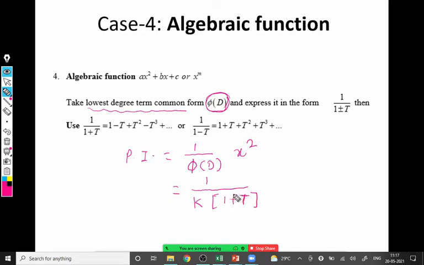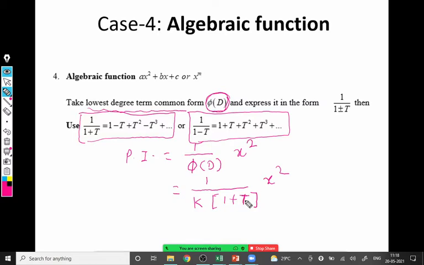So whenever it is 1 upon 1 plus t, we have to use this formula. And whenever there is 1 minus t, we have to use this formula. These are actually Maclaurin series, which you derived in the last semester probably. Whenever there is 1 upon 1 plus t, there are alternate plus and minus signs. Whenever 1 upon 1 minus t is there, all terms are positive. So that is the series we have to use when we expand this, acting on x square. Even though we take k as common, in t the lowest degree term is always linear, that is in terms of d. So t is always in the form of operator d.